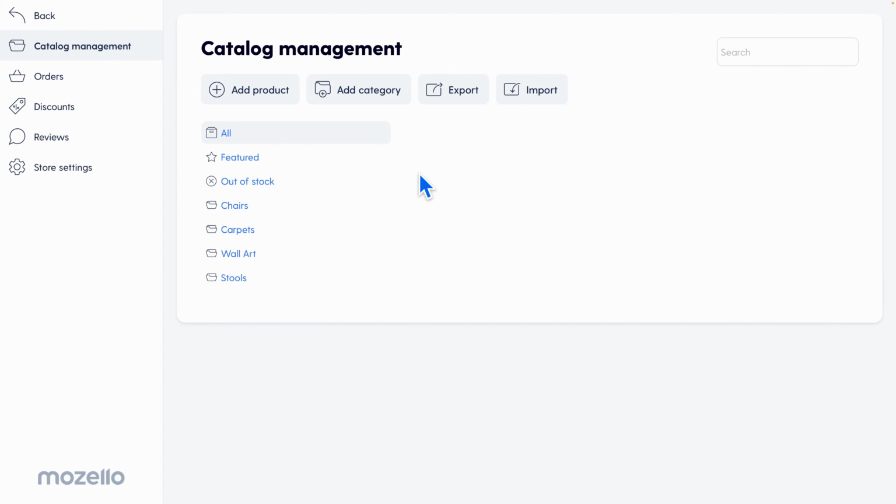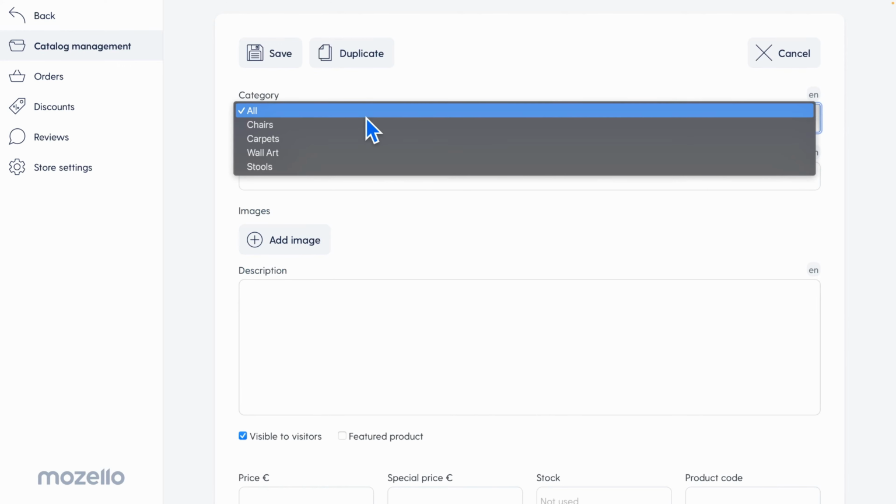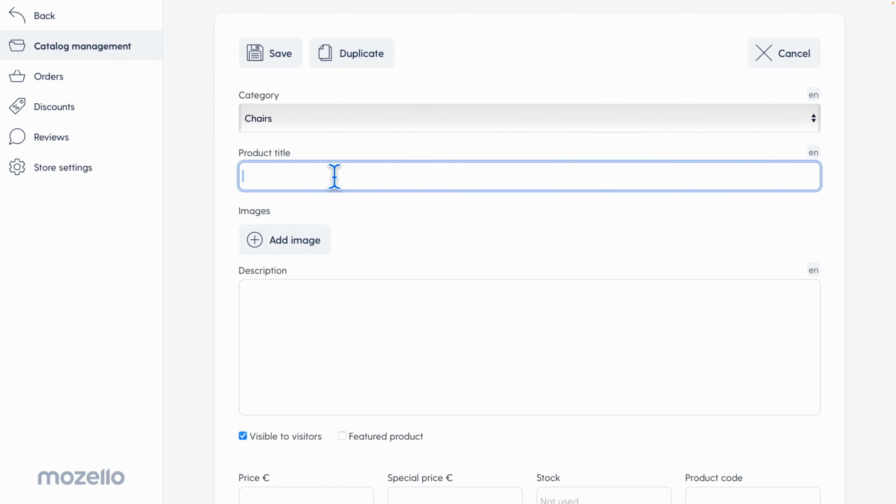So after creating all the necessary categories, it's time to start adding your products. To add a product, simply click on the button Add Product. And the first thing you can do is choose the category you want your product to go in. So let's click on it, select chairs, enter the product title,